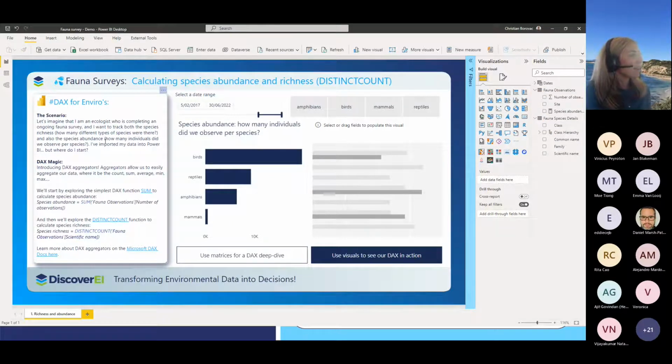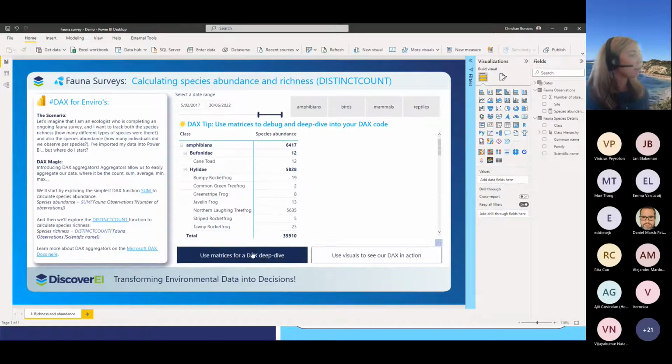The next DAX measure we wanted to think about for our fauna survey is calculating species richness. It's a little bit more complex, and this is how many different types of species were there. So this time we want to count up the distinct number of species. We don't want to sum up every observation.